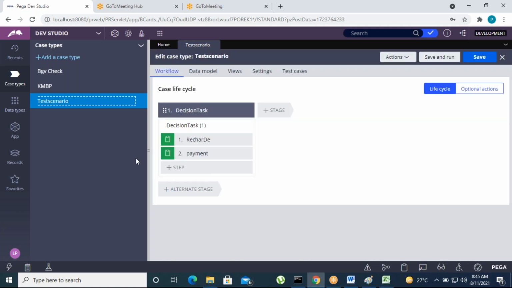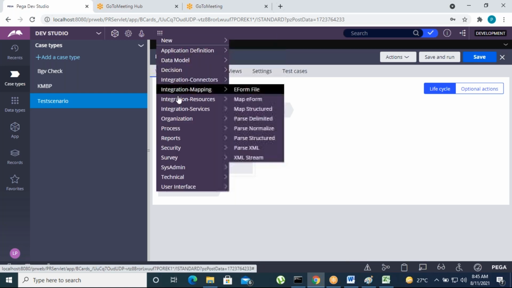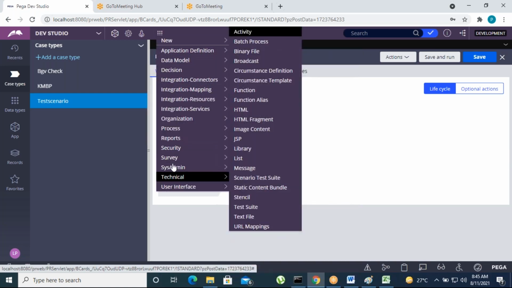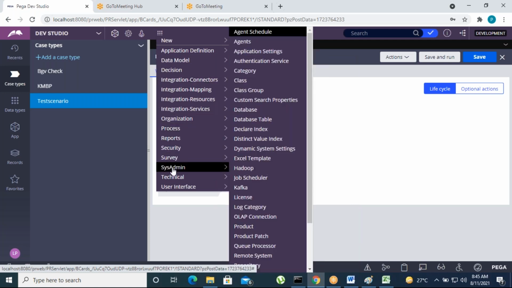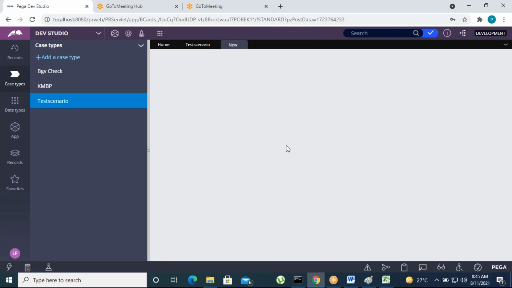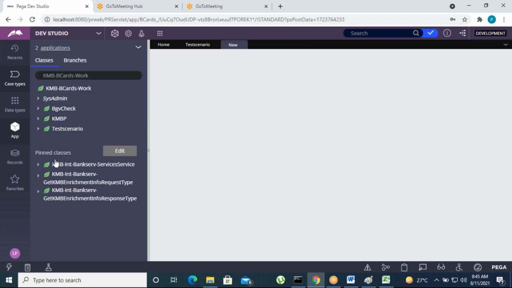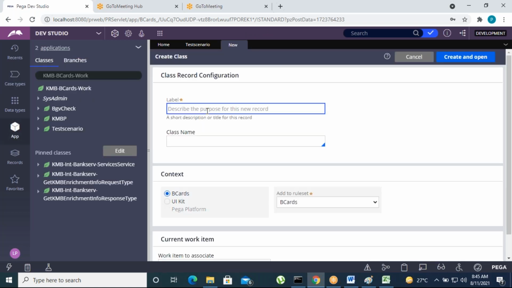Okay, first thing I'm going to create a class now. Class is in the sysadmin category. Create the class, a data class, something like Kotak Mahindra Bank hyphen line items.